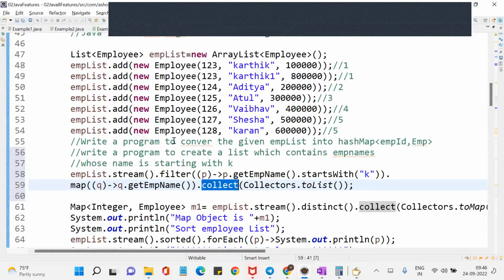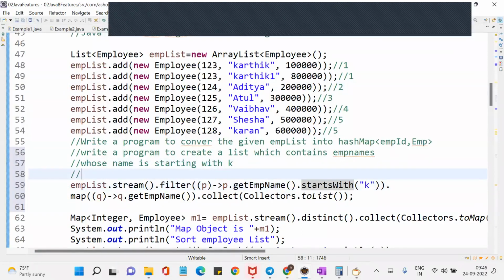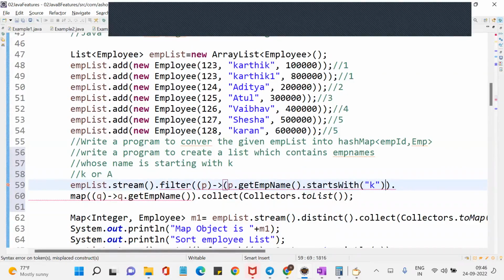Now you might ask, sir, I want to get an employee whose name starts with K or whose name starts with A. I want to write an OR condition. How can I write it? Can I use another filter? Here, it's just a normal Java condition, right? Whenever you are writing this condition, you need to write the or operator here. That's it. Or p dot get employee name dot starts with